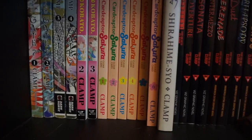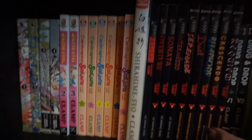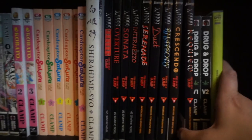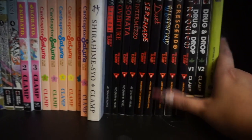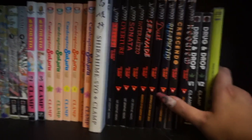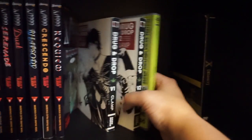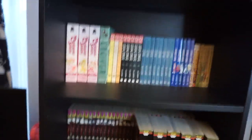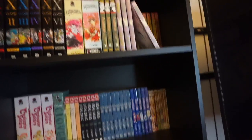Cardcaptor Sakura Clear Card 1 through 6, this one-shot, Shirahime-Syo, and then we have these old X single prints from Viz that are the Americanized versions from the 90s. Drug and Drop volumes 1 and 2, and then I have these random DVDs. I have xxxHolic, the complete first season, and this is falling apart. And then this X DVD, I don't know. Yeah, that's my Clamp side, my pride and joy,